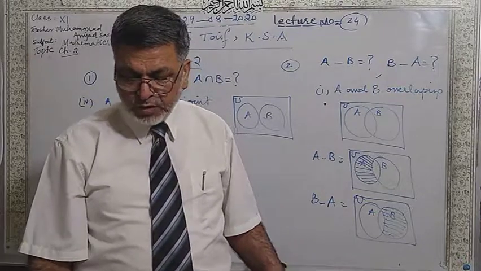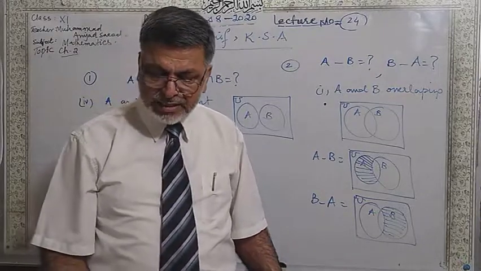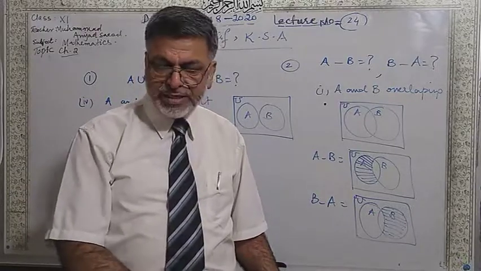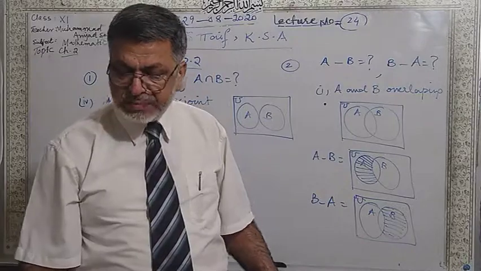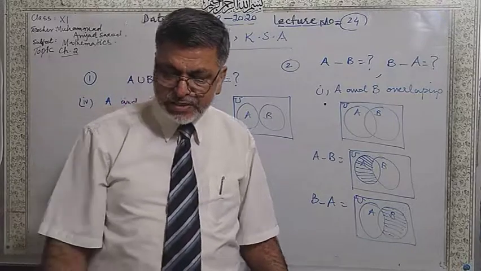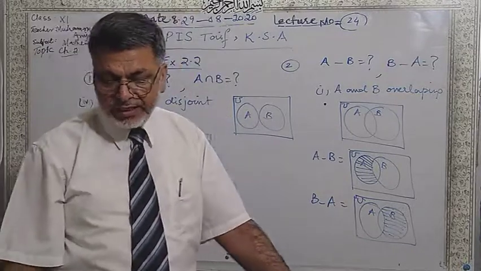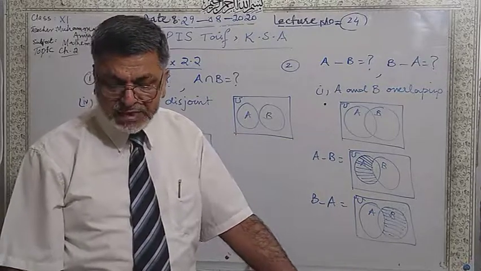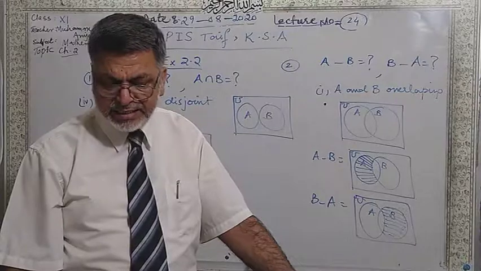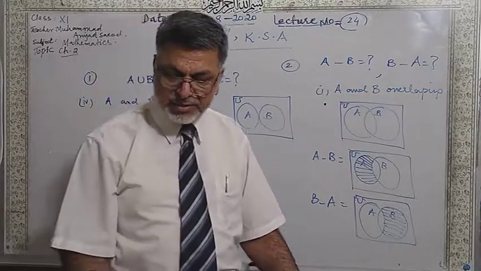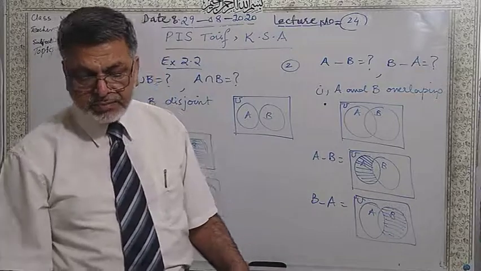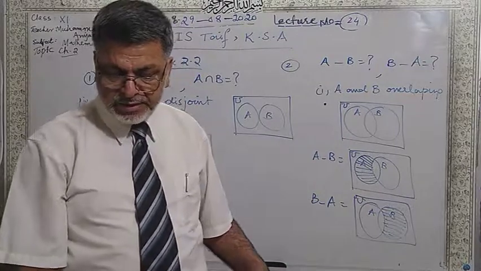In case of the fourth, what is the condition? B is a subset of A. A union B is equal to B, on the previous page 39. You can check point number 3. In point number 3, if A is a subset of B, then the result suggested is A union B is equal to B. I hope that you can do the other parts from here.